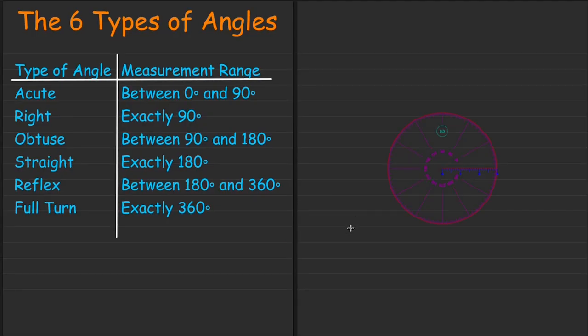Now, to explain all these types of angles, I'll quickly go through them, and then we will look at how to sketch them out. So we have an acute angle. We say an acute angle is between 0 and 90 degrees. Any angle whose measure is between 0 and 90, we call an acute angle. If it is exactly 90 degrees, then it is a right angle,